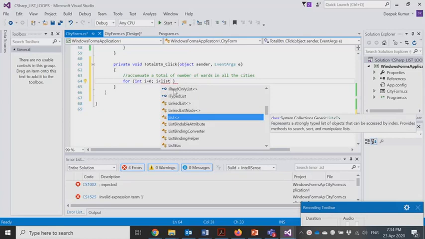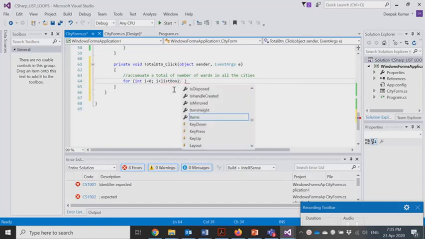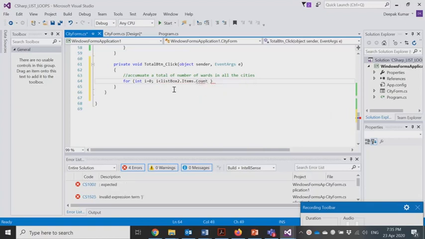Obviously we'll say list box 2 over here dot items dot count. So we have this method of list box.